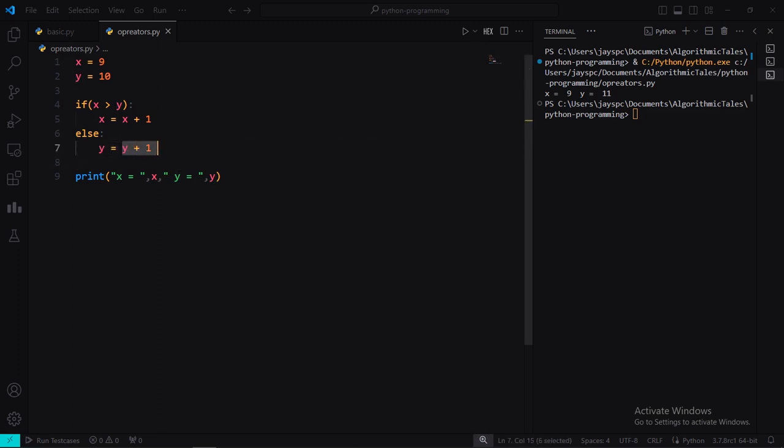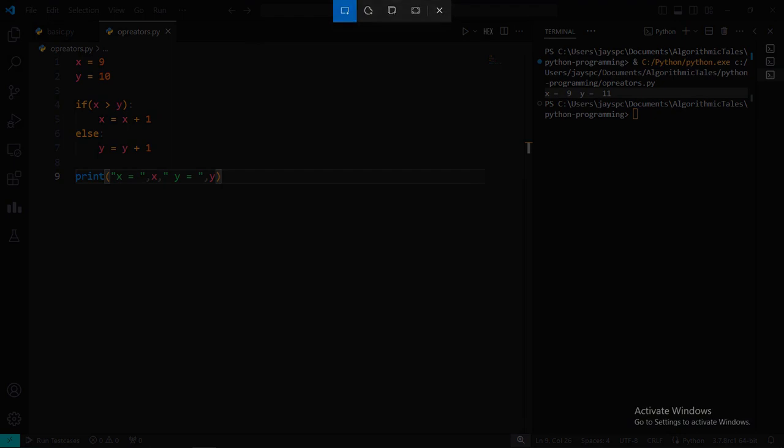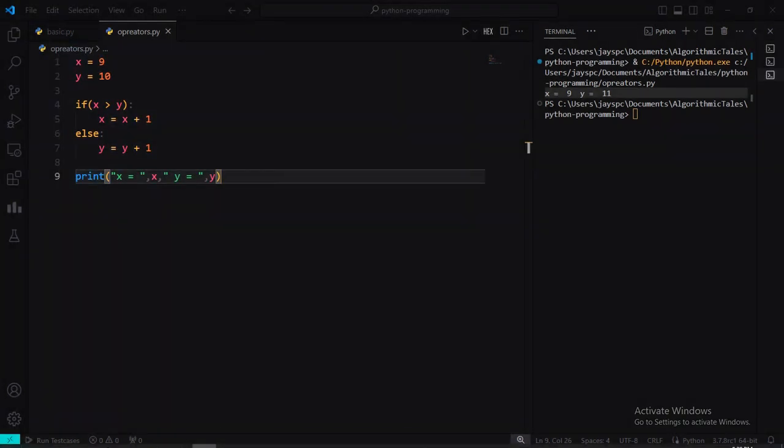So what is going to happen is, the execution is going to happen from left to right. It's going to execute the statement first, and then it is going to assign this value to y. So it will pick the value of y which it already stored, which is 10. It's going to do an addition operation, 11, and it's going to store that 11 back into y, and that is how we see x equals to 9 and y equals to 11. So we'll just understand this entire piece of code on our